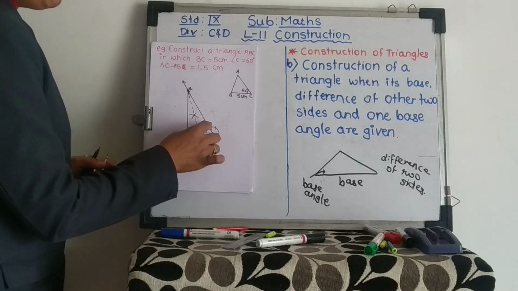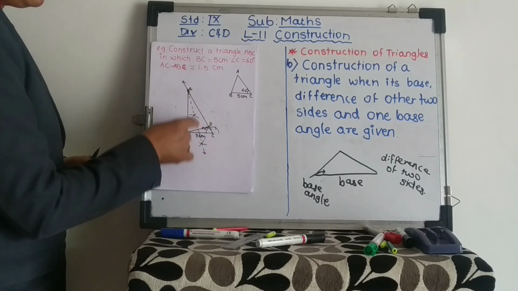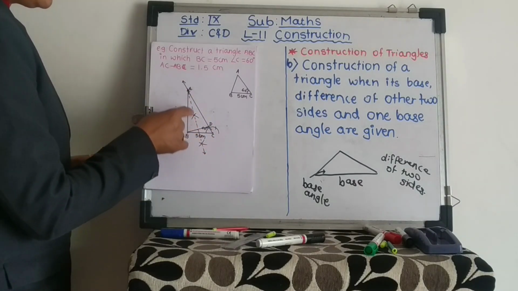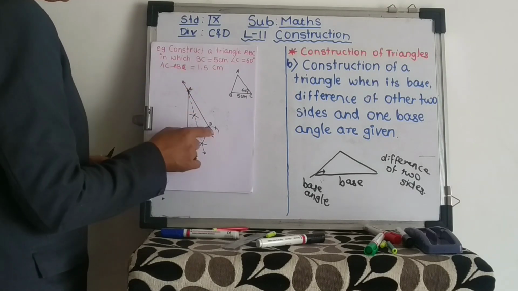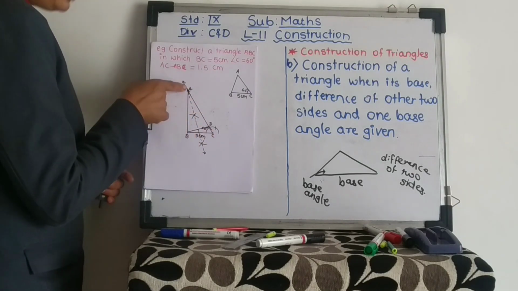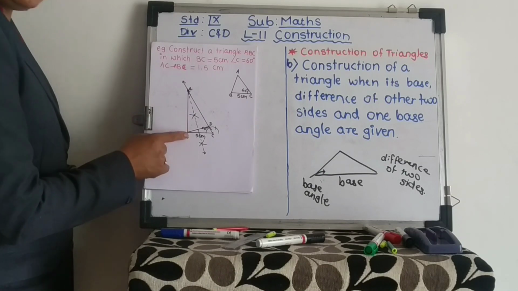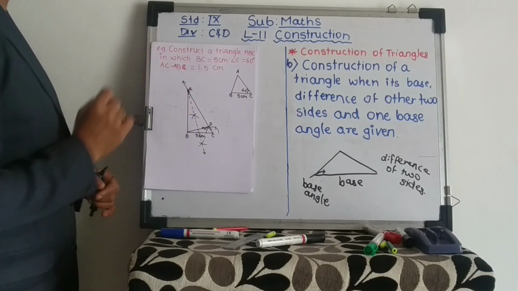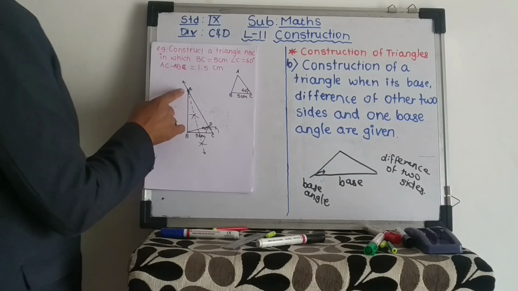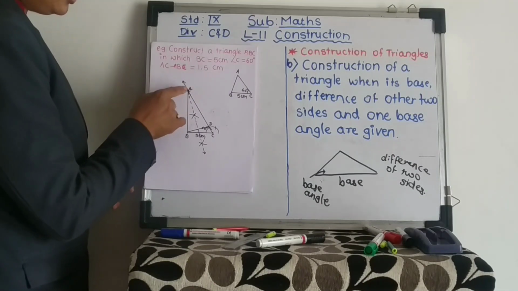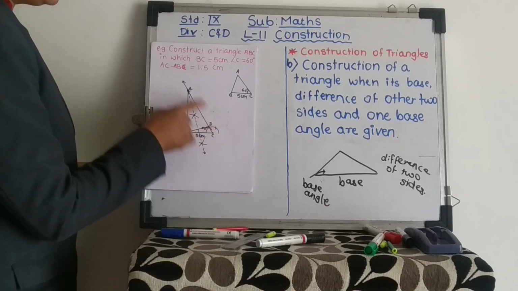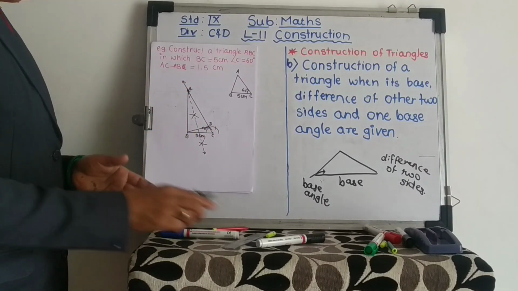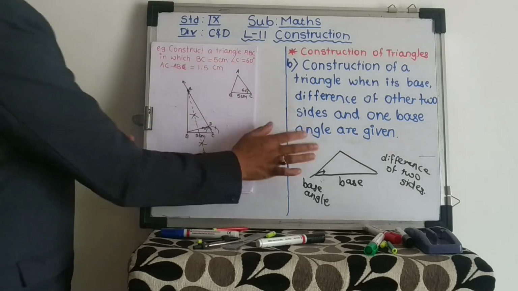Now this BD we are going to bisect. So we drew the perpendicular bisector. Now wherever this perpendicular bisector touches the DC segment, that point we will join with B, and this new point we got is nothing but A, right? So in this way we got the triangle ABC construction. Understood this one? Now listen, we will see one more type.